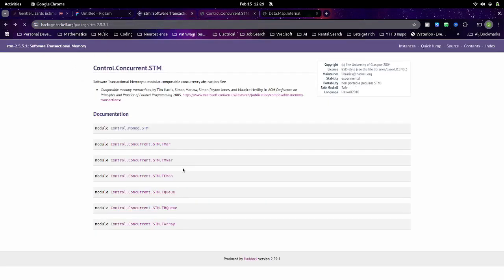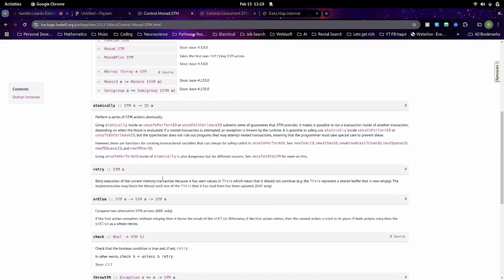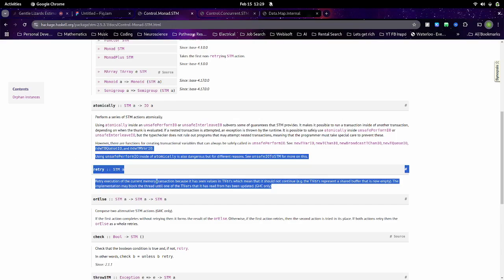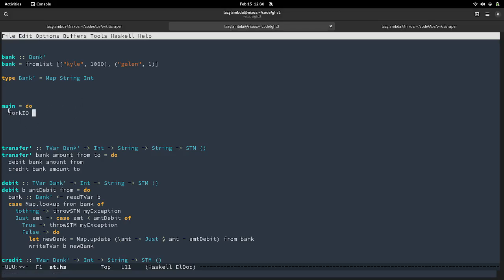No, exactly. That's an awesome question, because we can see we have this function retry. This is a bit confusing here, the actual explanation, but ultimately, if we can't compute the transaction, we can just retry. Under the hood, I don't need to think so much about what happens if something is already accessing it.